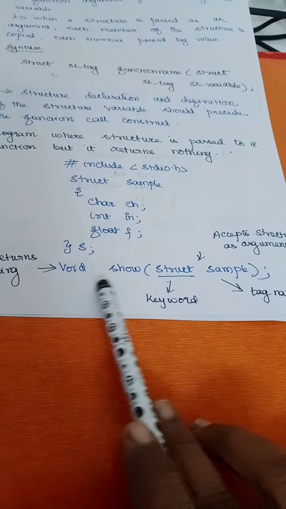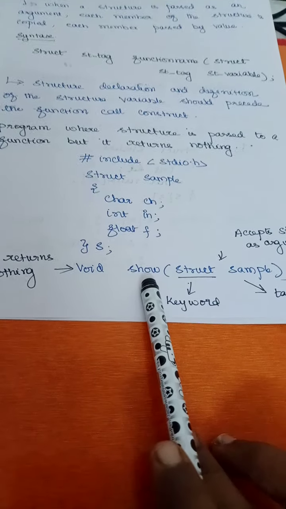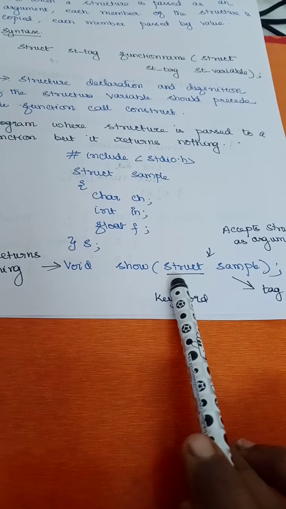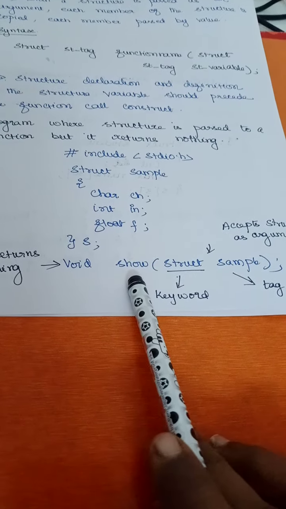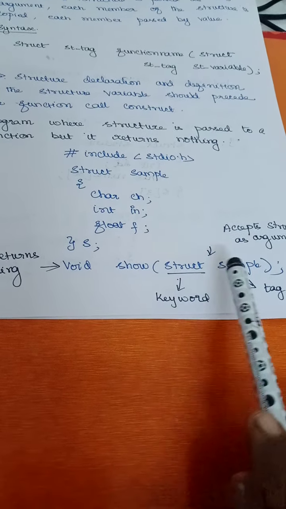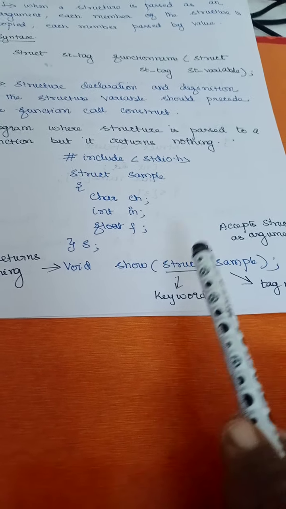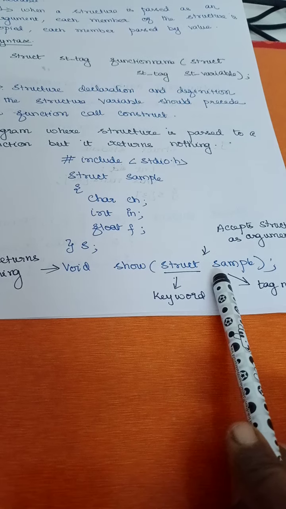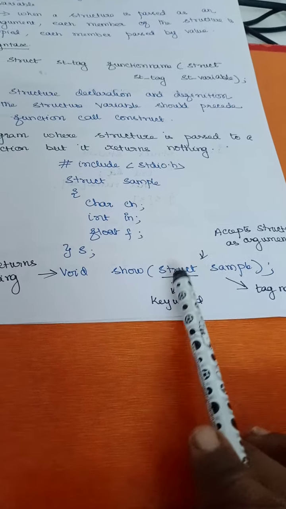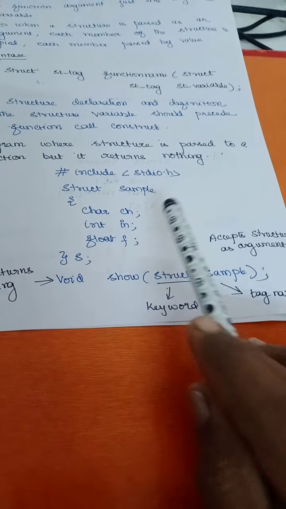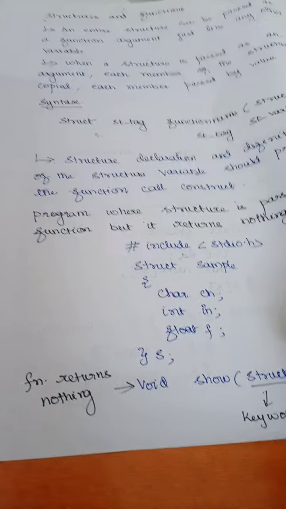Now this is a function declaration. It has a return type, the name of the function, and here I am telling the compiler or the caller how to call this particular function show. How to call? By passing the argument as a type structure. And what type do I need to pass? Of type sample. Is that clear? This is a structure, but which structure I need to pass, I can identify with the help of the tag name called sample.